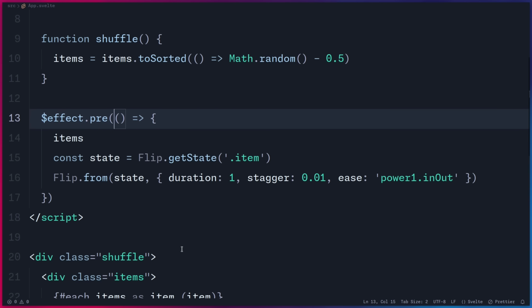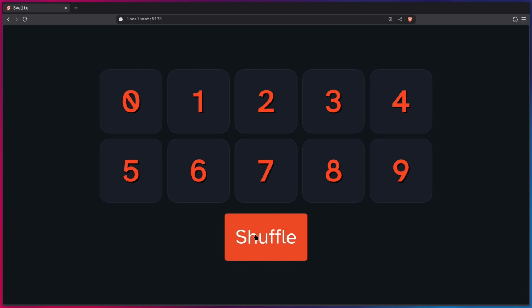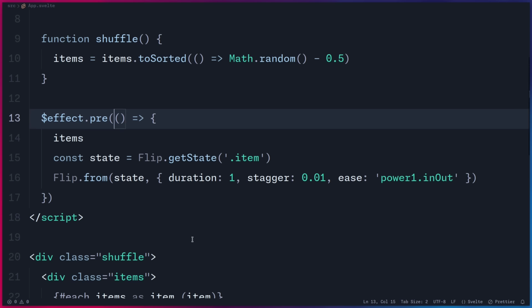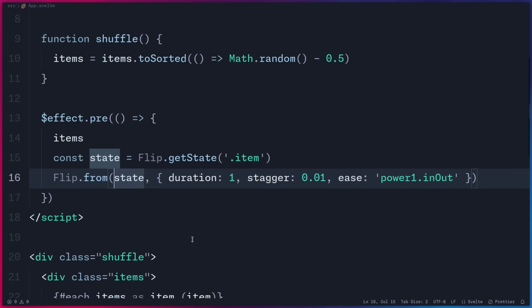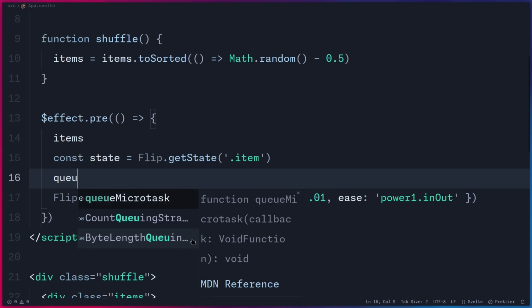And now we can save this, but you're going to see this still isn't going to work. If we shuffle, nothing happens. And that is because this all happens at once. We need to measure the DOM before it updates, and then we need to measure it again after it updates. So we need to somehow schedule this function. There's a couple of ways that we can do this. We can use requestAnimationFrame or queueMicrotask. So for example, if I go here and say queueMicrotask,